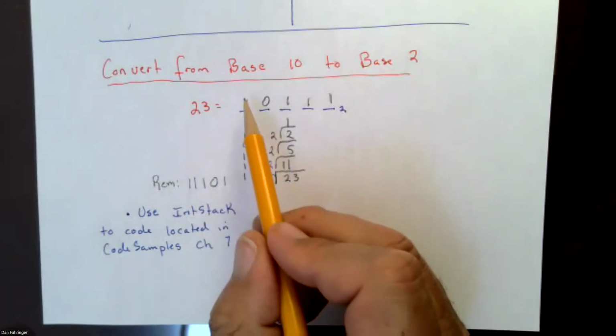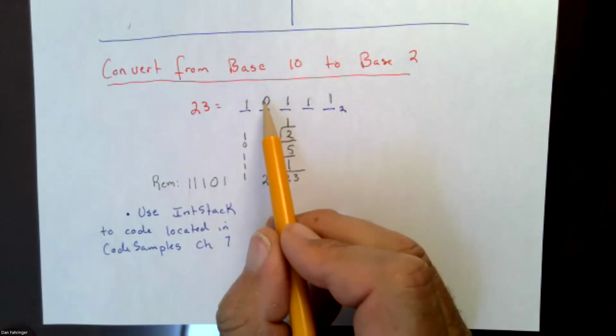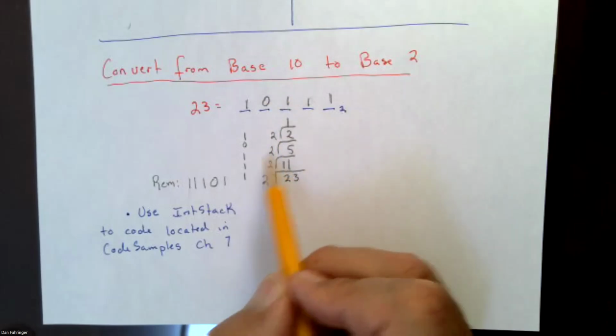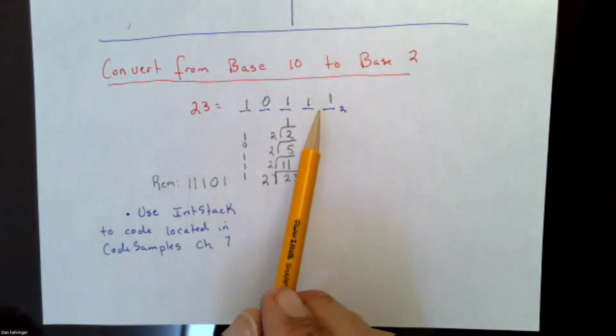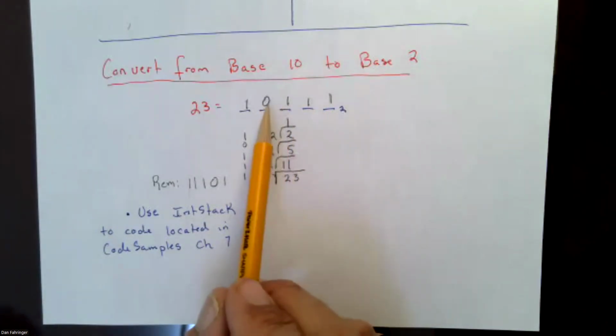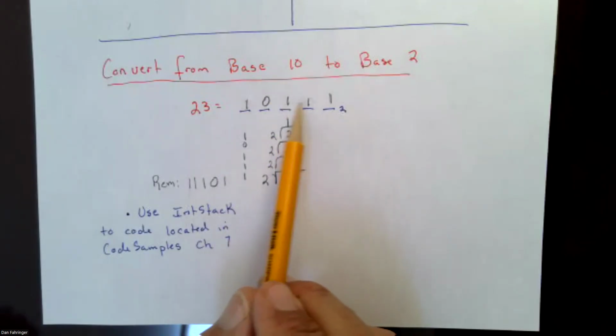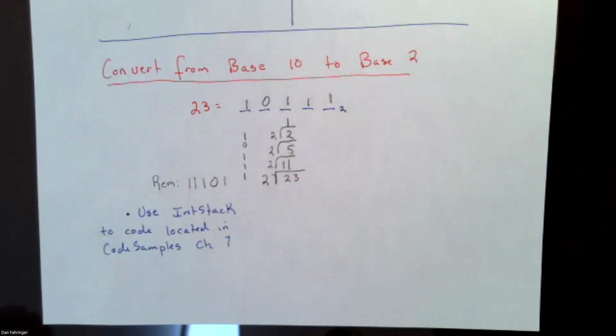And I popped and wrote the 1. Popped, displayed the 0. Popped, displayed the 1. Pop, pop, pop. So I'm able to get this: 1, 2, 4, 8, 16. 16 plus 4 plus 2 plus 1. So that's going to give me an answer in